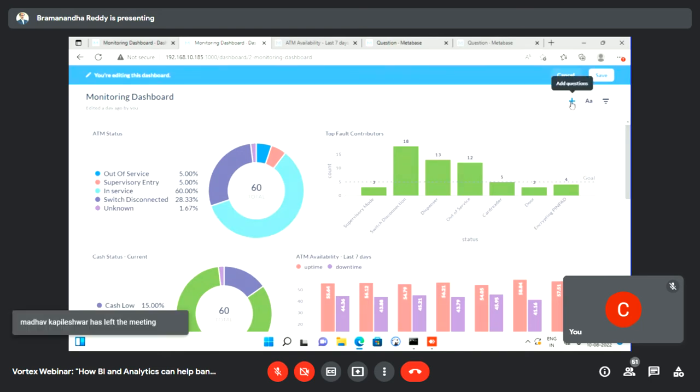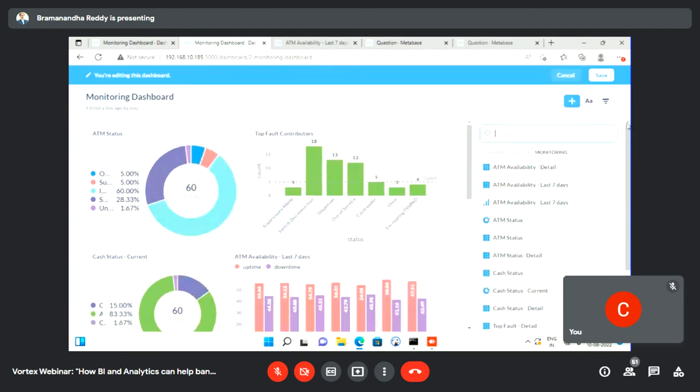So here you can add questions. Right now there are 4 questions added into this. Here each of these dashboard items is an analytical question. In database terms this is termed a question. So what is the question in this particular dashboard? Which devices are the top fault contributors? Right, this is the question. Similarly, if you think of adding a new type of chart or a new way of looking at this data,